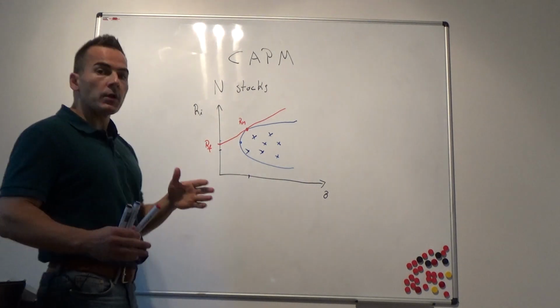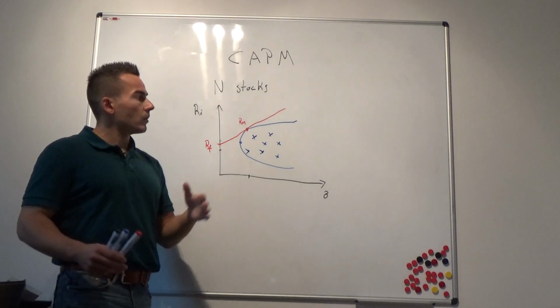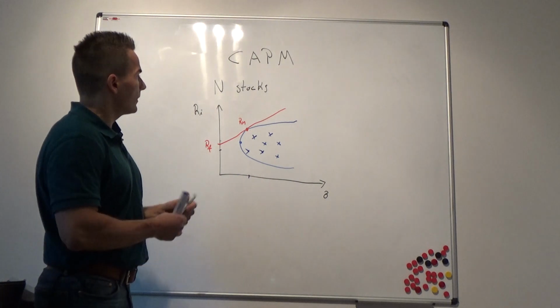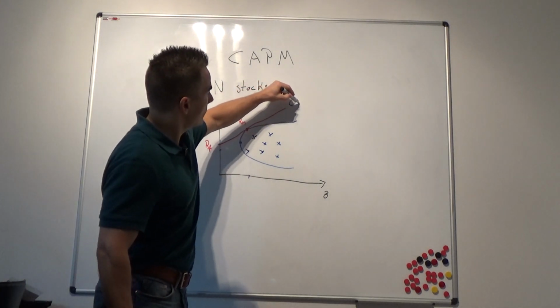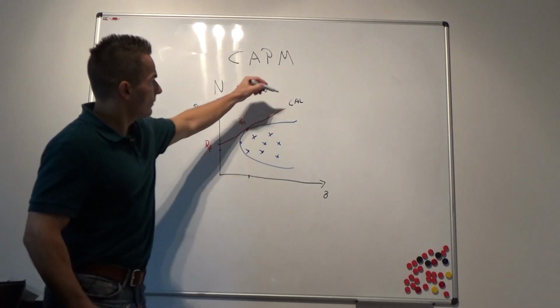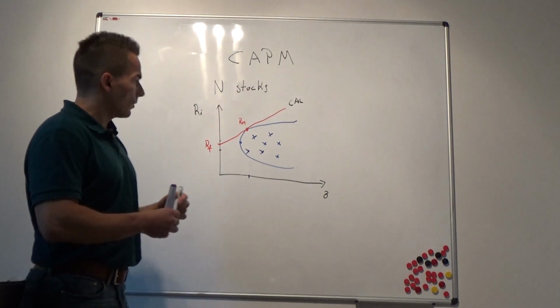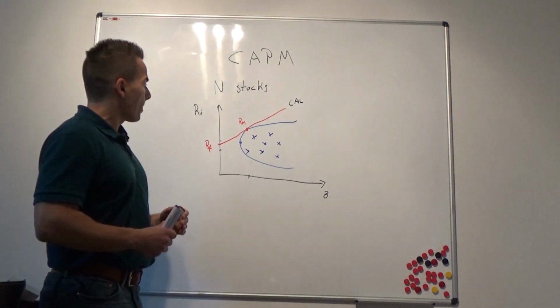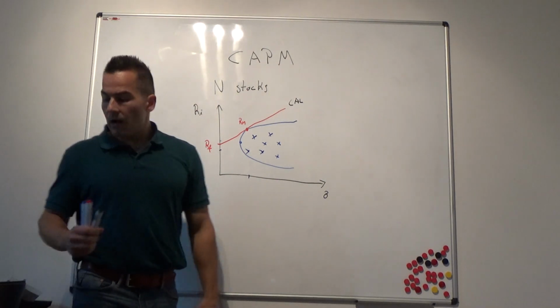And we know that a rational investor would only invest on this capital allocation line. So this line here is called the capital allocation line, CAL. And we know all this already from our bachelor studies. So what you can now think about,